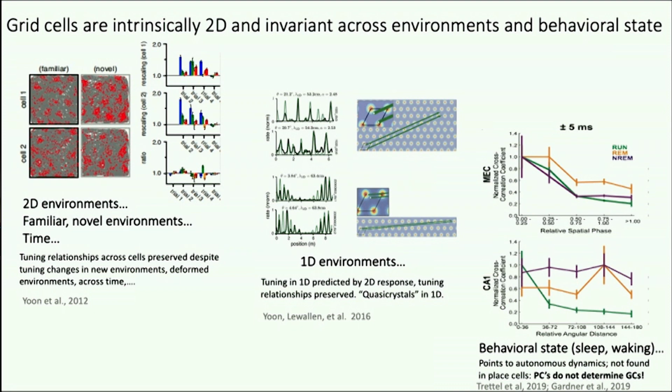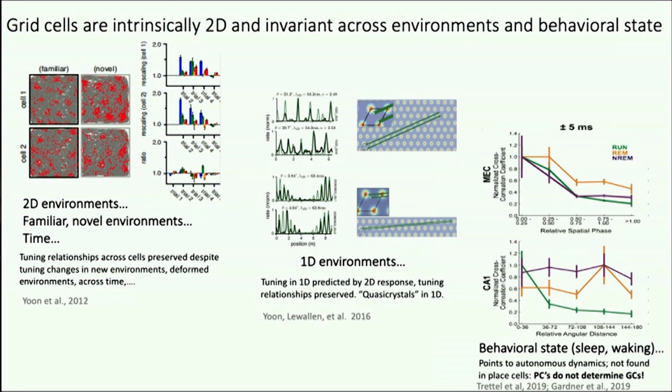These are empirical results with data analysis. It turns out that grid cells have an intrinsically two-dimensional and invariant representation across environments and across behavioral states, in the same way that those head direction cells had an invariant representation across behavioral states like sleep and waking on a 1D ring. Here grid cells maintain their pairwise relationships relative to each other in familiar and novel environments. Even when you go from 2D environments to 1D environments along 1D tracks, the grid cell responses along the 1D tracks look like 1D slices through the canonical 2D response that they have. In fact, pairs of cells that you record simultaneously have parallel slices, as you would predict from these 2D models. Moreover, the grid cells maintain their spatial tuning relationships relative to each other across waking, REM, and non-REM sleep, whereas these other cell types, place cells in the hippocampus, do not